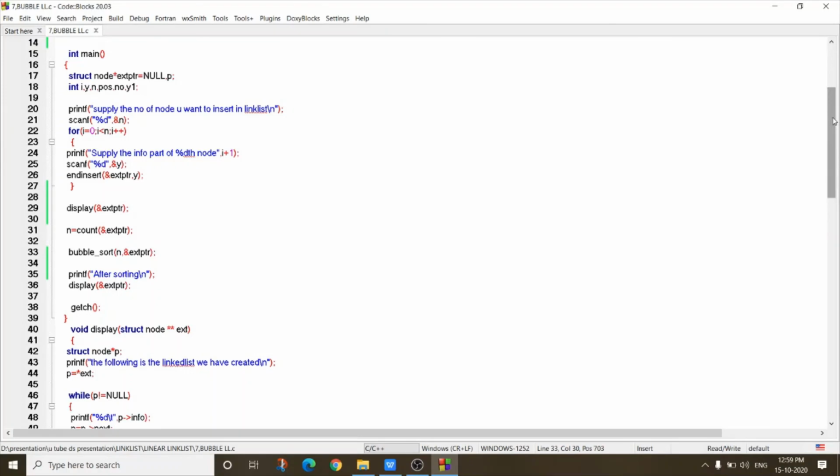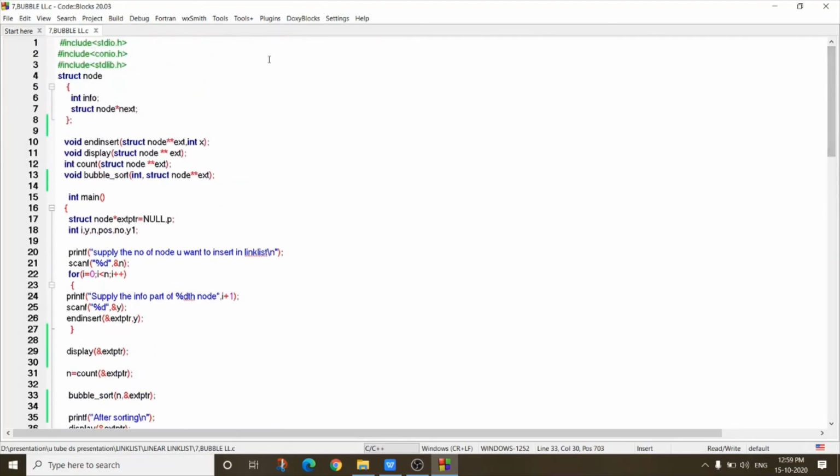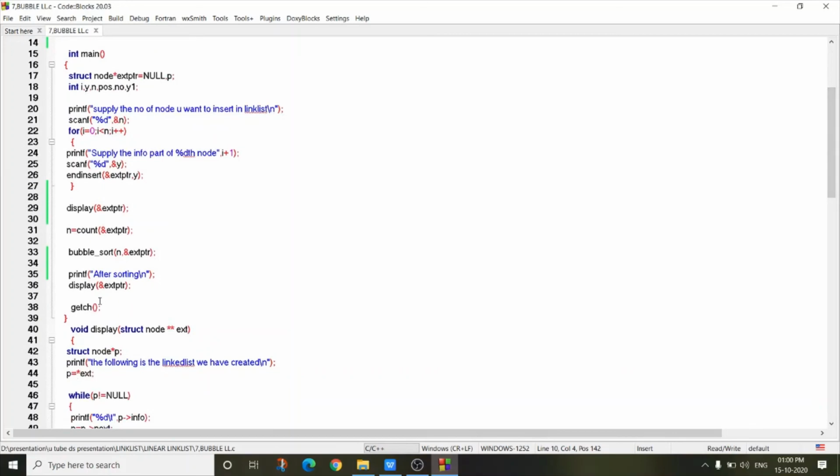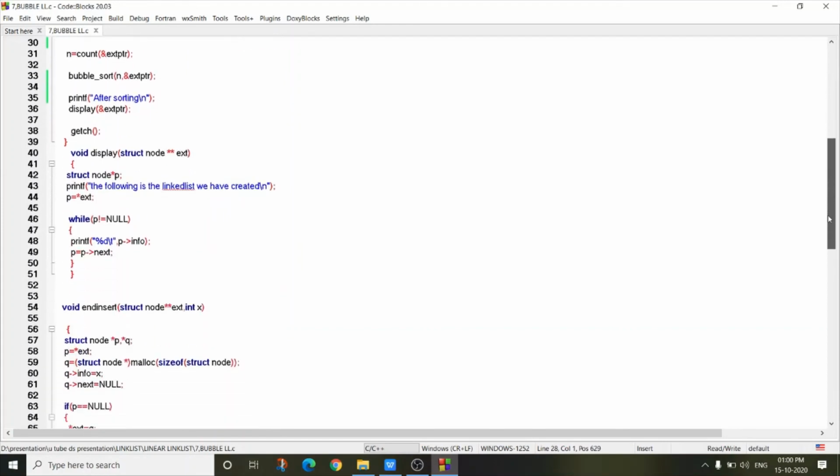Now I am showing the total program. So this is our node. These are the prototypes. This is main. This is the display function.